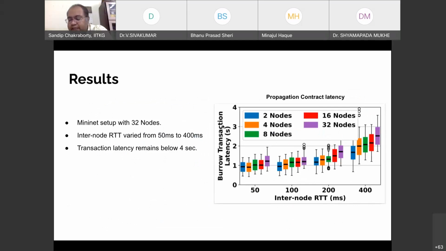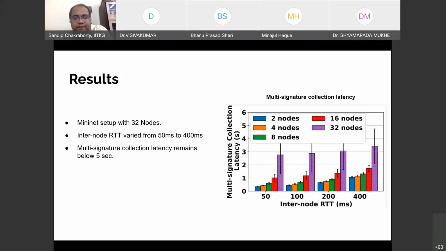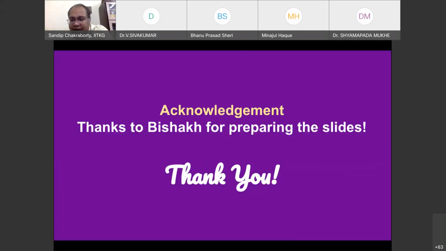So I'm not going into all the details about the different performance metrics that we have measured. That Infocom paper is already available in public, so you can look into that paper to get the details. Also, this implementation has already been open sourced. The implementation is publicly available, so you can download it and try it yourself by setting up a network and then transferring data from a public blockchain to the private blockchain and vice versa, and see how it works in reality. So that's all from my side for today's talk.